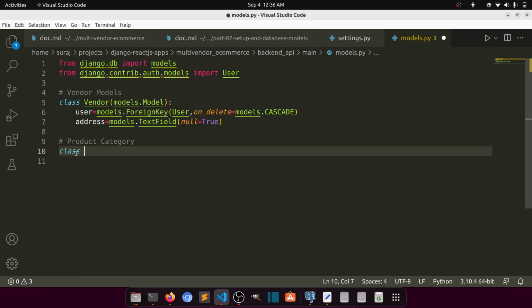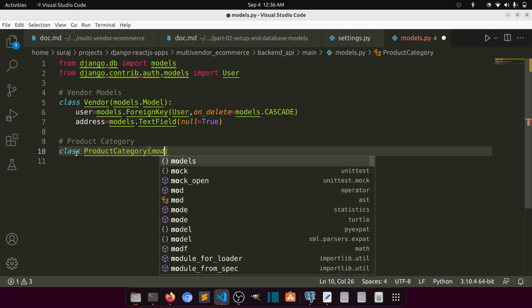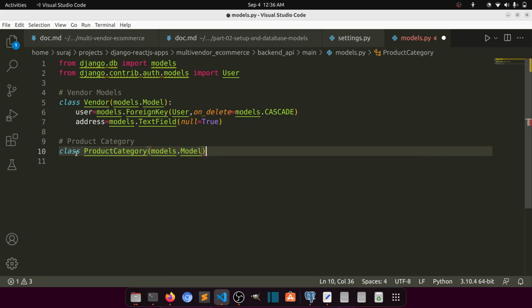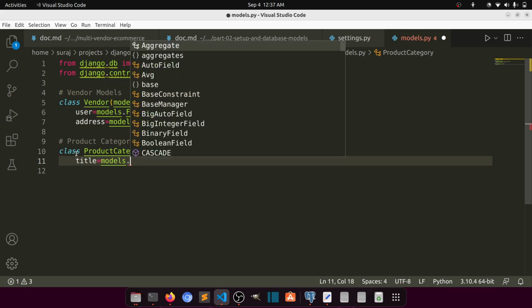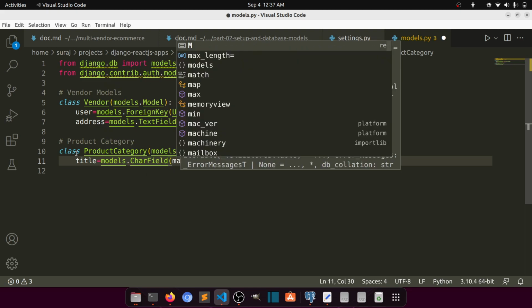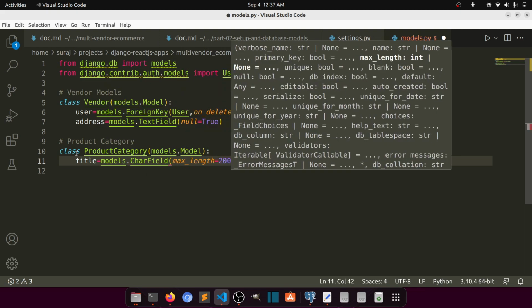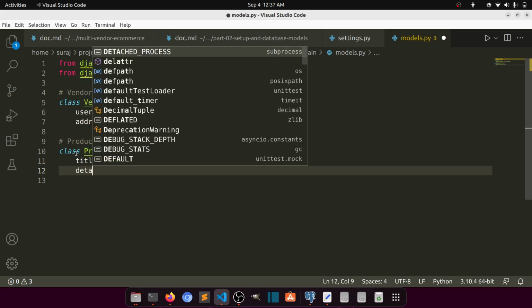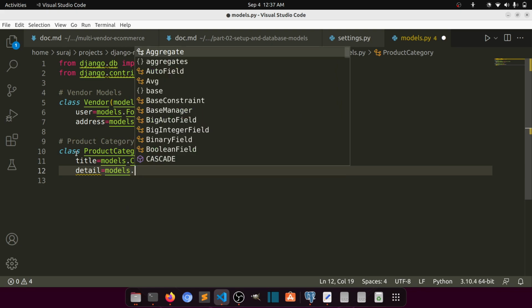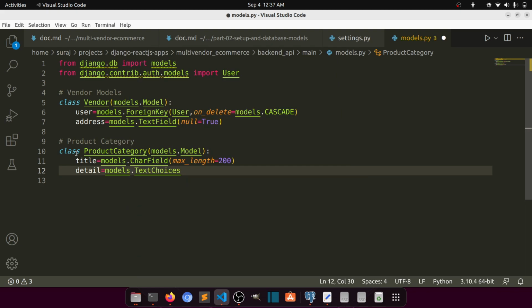So class ProductCategory, models.Model, right? And the first thing is title, so models.CharField. Whenever you use CharField, the max length is compulsory, right? Title, and then we will add some detail, so models.TextField,